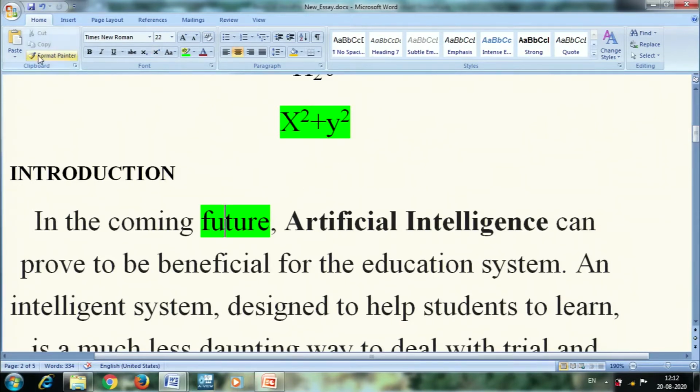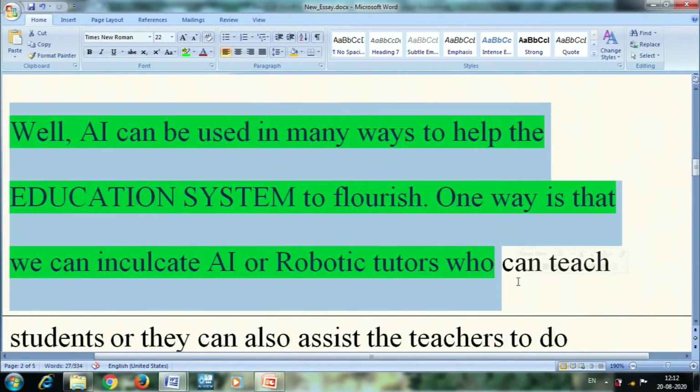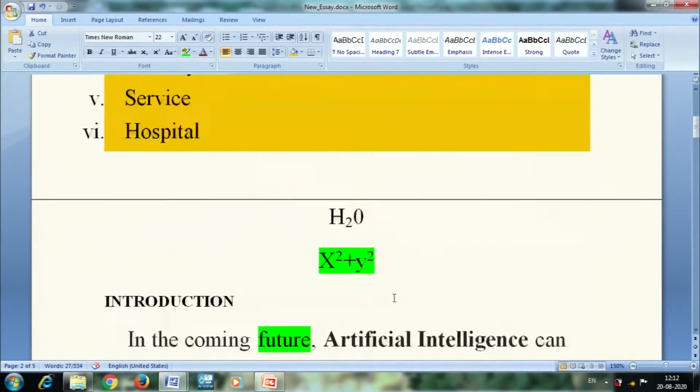This Format Painter option will be very helpful when you work on a large document and want to copy the same formatting throughout it. Instead of remembering all the steps you did for the particular text, you can just select the formatted text, select the Format Painter, and wherever you want to apply it, simply select that place. It will be reflected on the selected text, right. I am zooming out so that you will be able to see my content in one page itself.